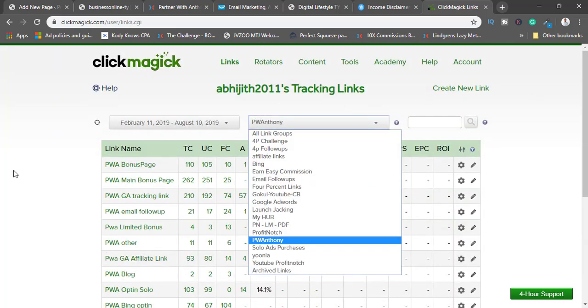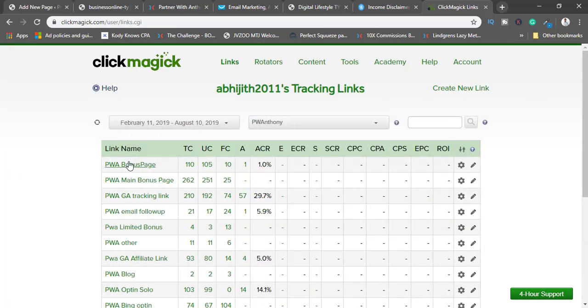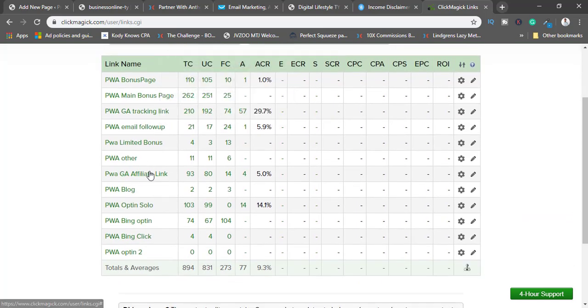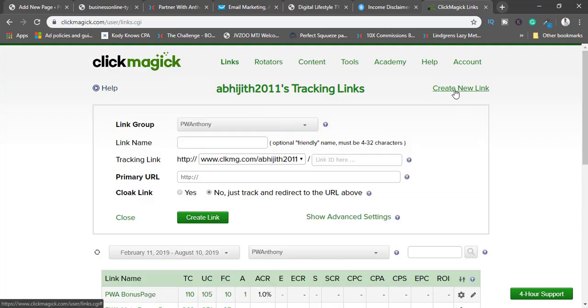Now I have to go to the Partner with Anthony section. I have a lot of tracking links right here, so I will create a new link so that I can identify where I am getting the clicks from, right? So let's just say